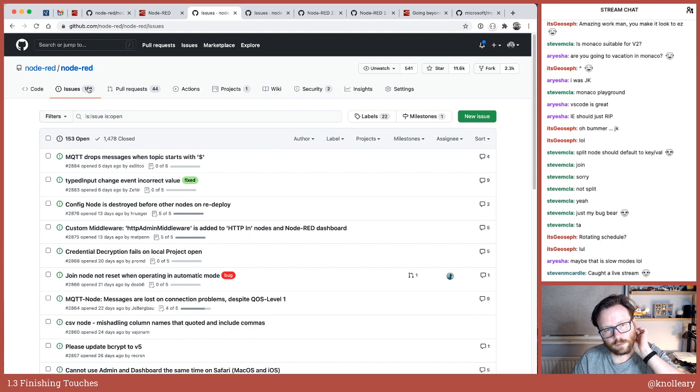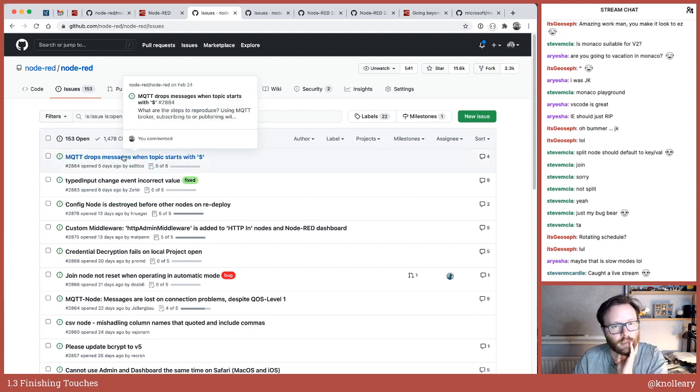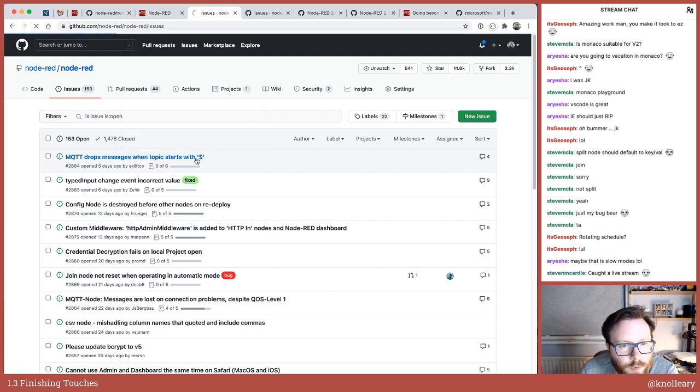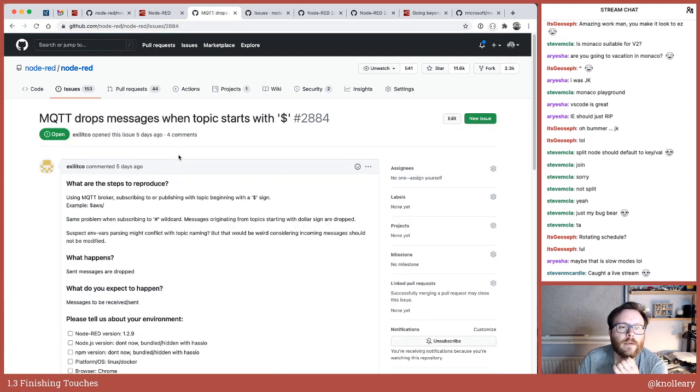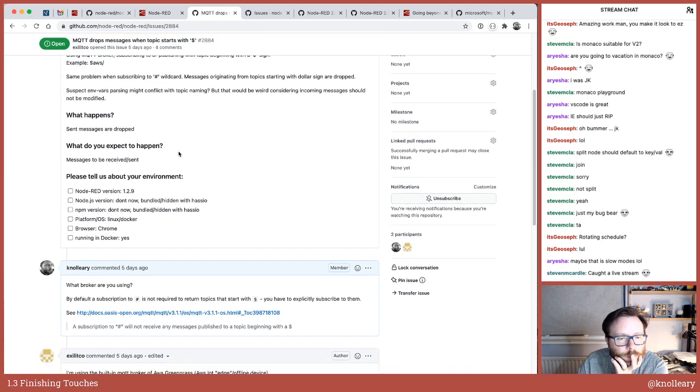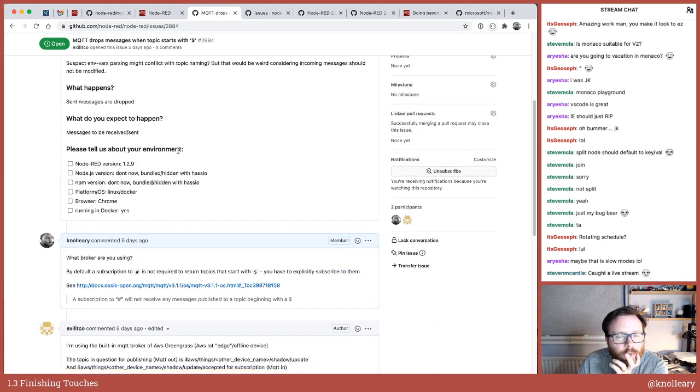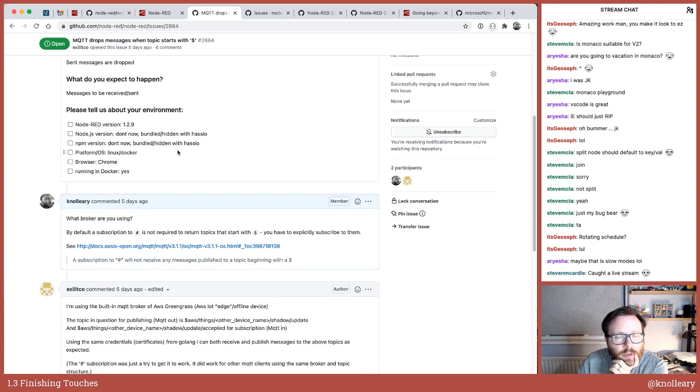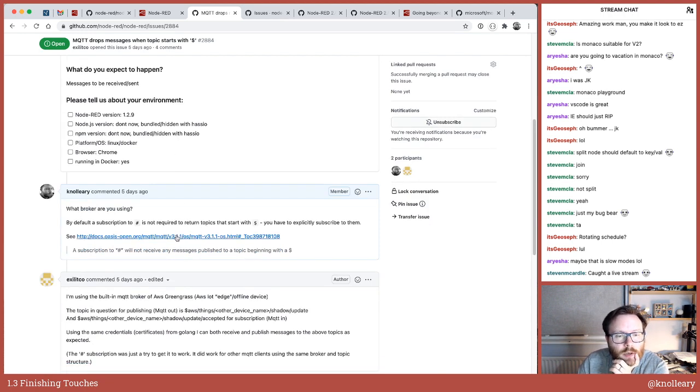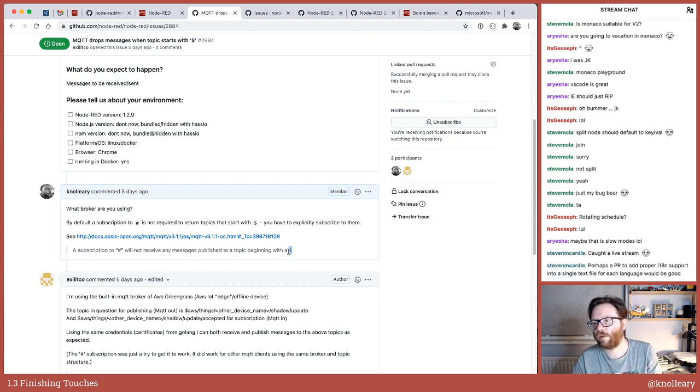Cool. Where are we at? So just running down these issues. I mean, this first one, MQTT drops messages with the topic starts with $1. Not being able to reproduce that myself. Sometimes this does catch users out with MQTT, but hash, when you subscribe in MQTT, is the wildcard that matches all topics, except it does not match topics that begin with $1. So the dollar is a